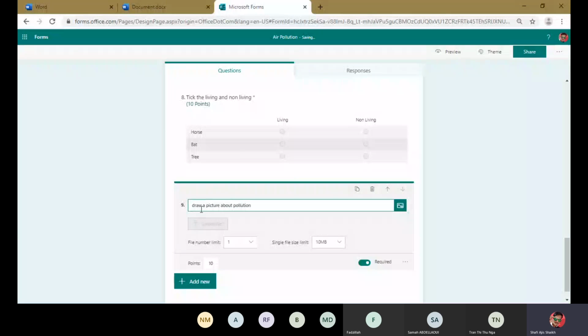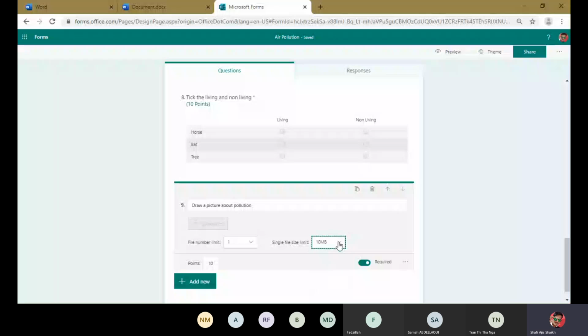Okay. And I have given an option for how many files the student will upload. I have chosen 1. Okay, file size. So the maximum file size we can choose here is 1 GB, but from mobile a student can send up to 10 MB. So I will choose 10 MB because for students 10 MB is enough.